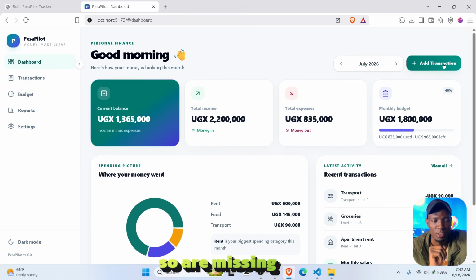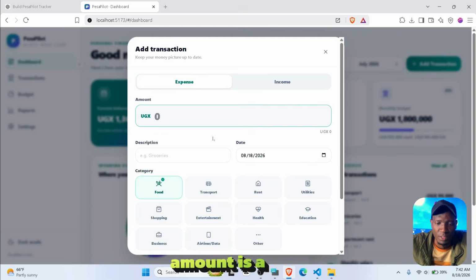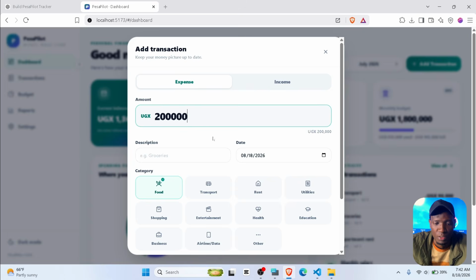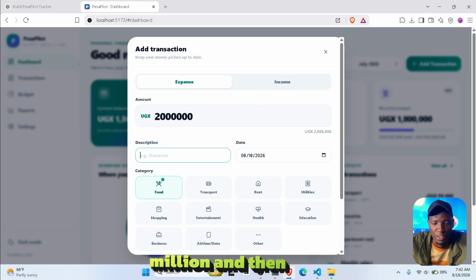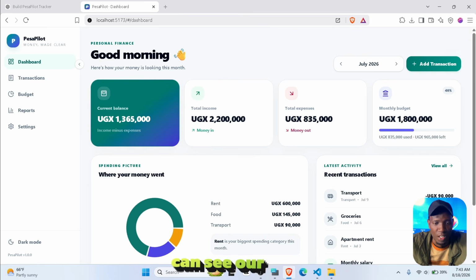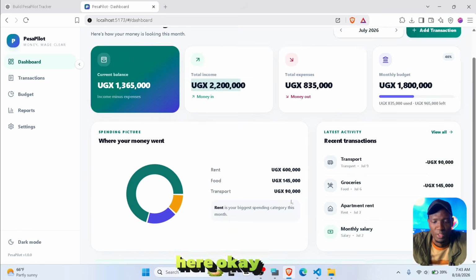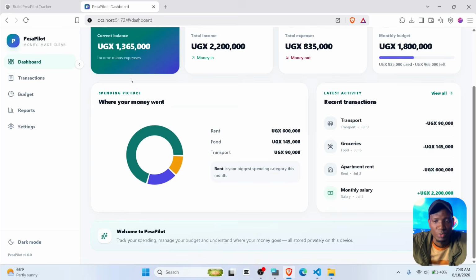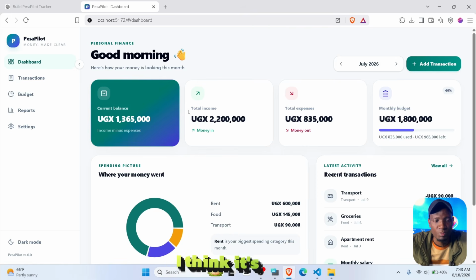So let's see, add the transaction. The amount is, so the price in Uganda, because right now I'm in Uganda, but it can be changed, or you can choose the one you want. Let's say 2 million, and then I can put rent. Then we go ahead and add a transaction, and as you can see, our 2 million comes in here. Okay, keep track of your expense tracking, then we go ahead and track that. So alright, I think it's very beautiful. So I'm just going to go ahead and screenshot this,